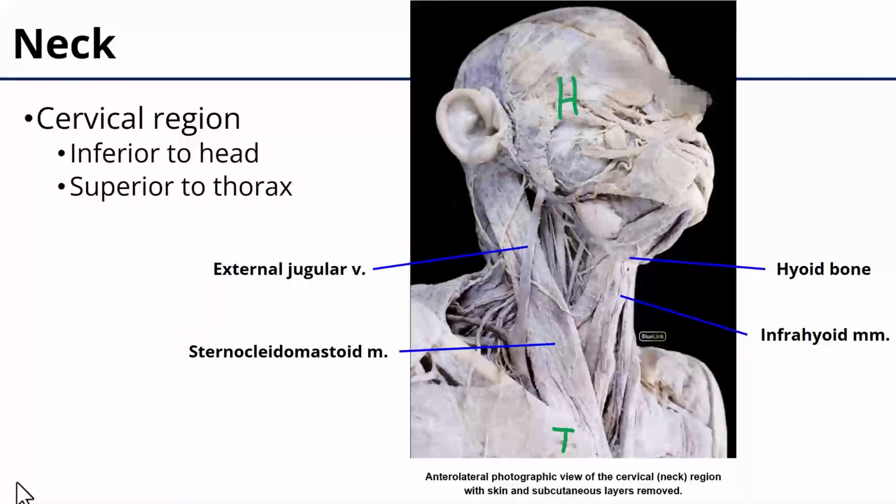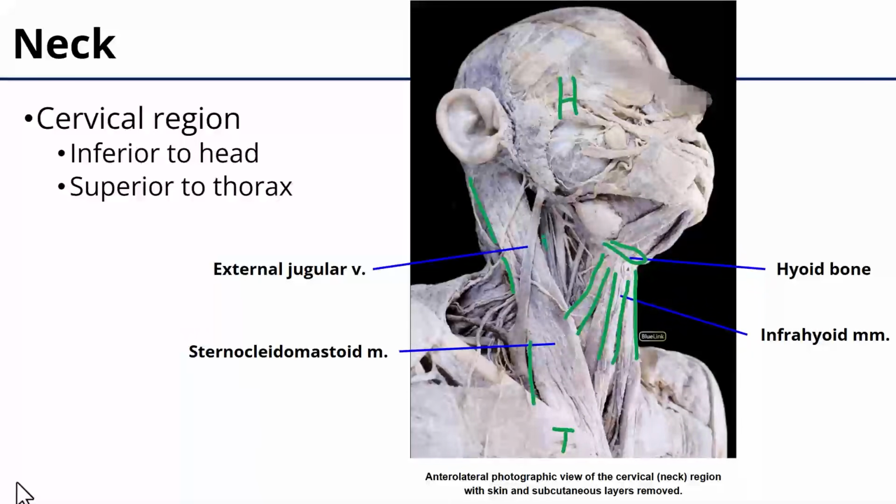So here we're looking at an anterolateral view of this particular donor with the skin and the subcutaneous tissues removed. And we can see some of the deeper elements of the musculoskeletal system. Important in our study of the neck is the hyoid bone. The hyoid bone is an important muscle attachment site. So we will discuss the infrahyoid, infra means below, muscle group that attach to the hyoid bone. We'll also discuss the